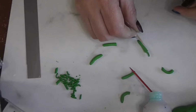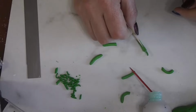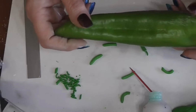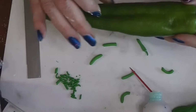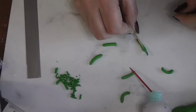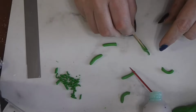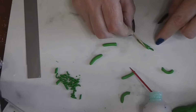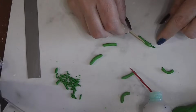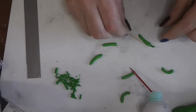And yeah, the pepper in real life is not round, but most of the time when I make these in miniature, I do make them round, simply because it's just easier. But I do want to add those little folds, at least on some sides. And I usually just use a toothpick or something of that nature. My dental pick for this job is just a little bit too narrow. All right,